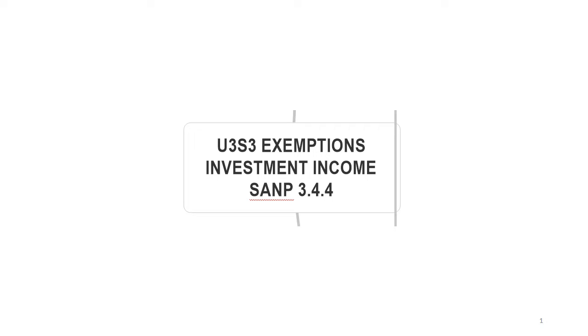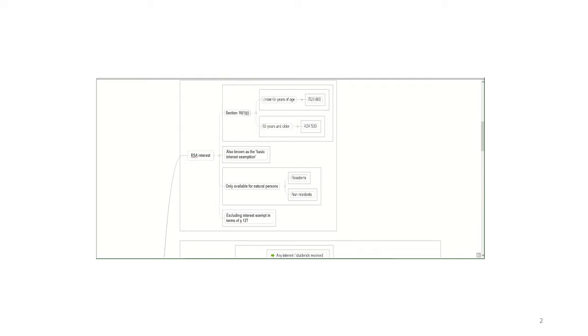Right, so the next set of exemptions relates to investment income, and this specific video is going to deal with interest. So the mind map that you're going to be looking at is the one that reads Unit 3, Subunit 3 Exemptions, Investment Income, SANP 3.4.4. Right, so at this one there's two exemptions that you need to know. The first one is known as the Basic Interest Exemption, Section 10(1)(i),